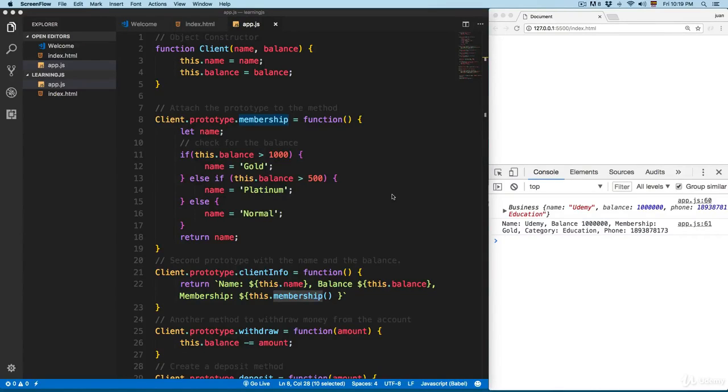In ECMAScript 6, you can create classes and methods. So instead of creating this object constructor, you can create a class. And also, instead of adding prototypes, you can add methods. So we're gonna create a new file. We're gonna call this one app